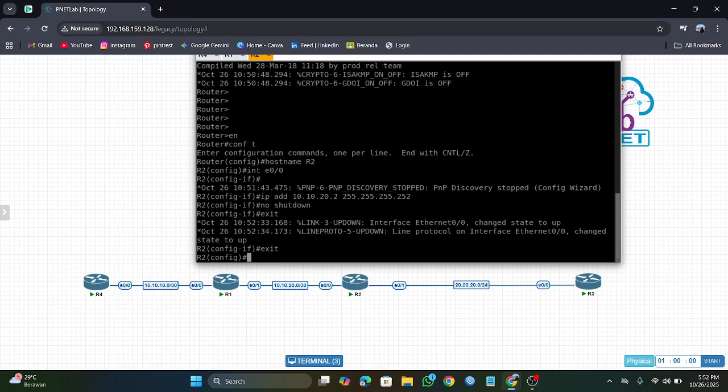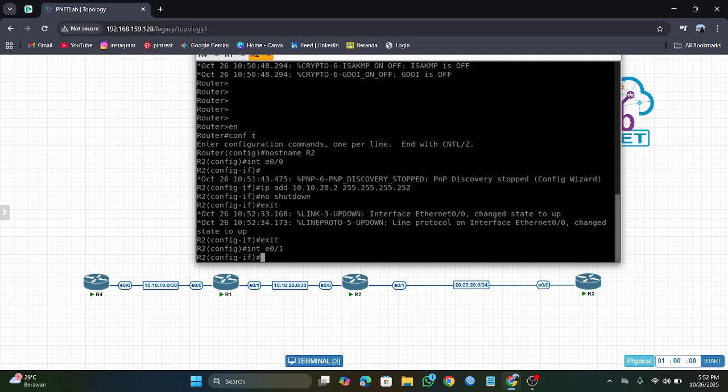Exit. Okay, next you tap interface A0/1, enter, and you can tap it again.